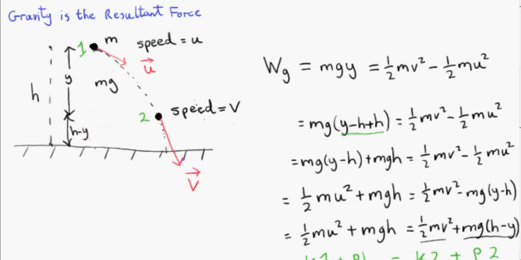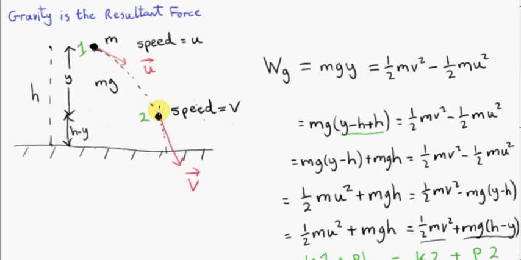the work energy theorem applies in the same way. The work done by gravity is given by this thing here. So we just need the vertical distance between the 2 points. So this is the work done by gravity, and as we've said before, if it's the only force acting, that's the same thing as saying it's the resultant force, then the work done by gravity is the change in the kinetic energy. Now this is a very useful result for the case of projectile motion,